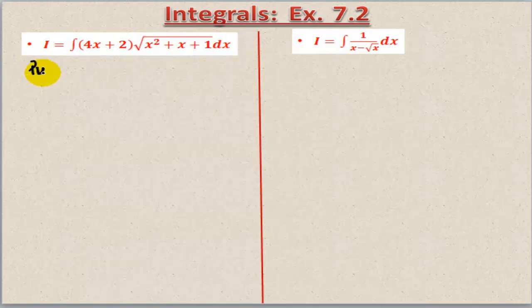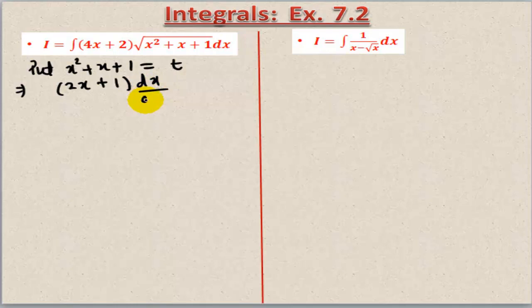So if we put x square plus x plus 1 as t and differentiate both the sides with respect to t, then derivative of x square is twice of x and then that of x will be dx over dt. In the same way, this x will have derivative dx over dt, 1 into dx over dt. So taking that dx over dt common here, and on the right side the derivative of t will be 1 because the differentiation is taking place with respect to t. That means twice of x plus 1 dx can be written as dt.